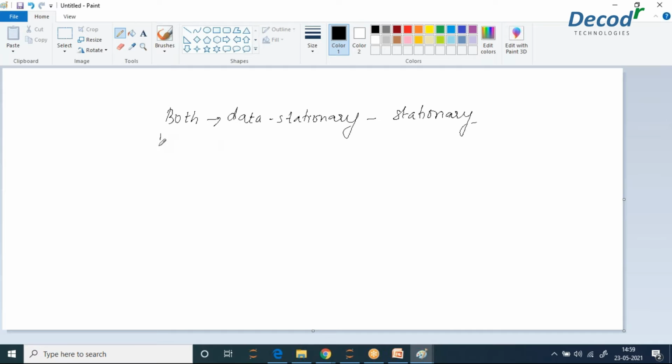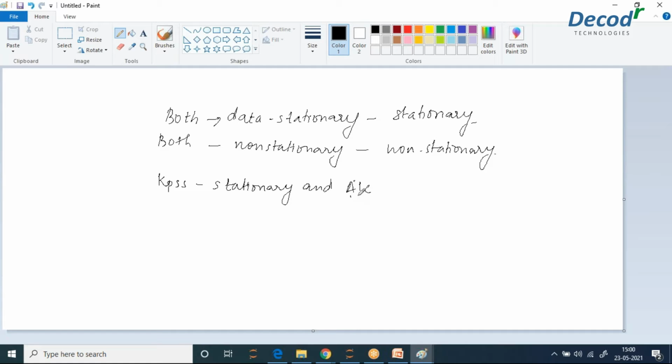If both of them say your data is non-stationary, then it is non-stationary. Now, if your KPSS says stationary and AIC, which is Add Fuller, says non-stationary, which means we have some pattern.